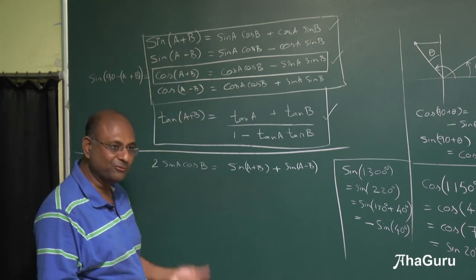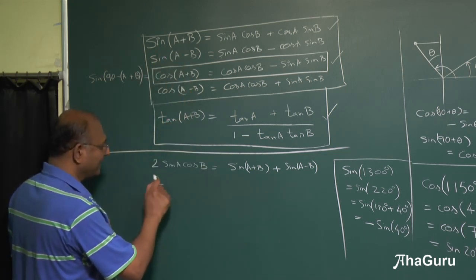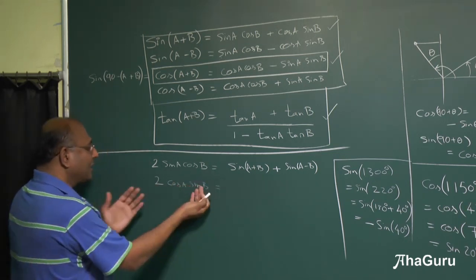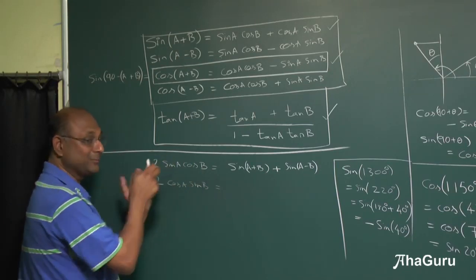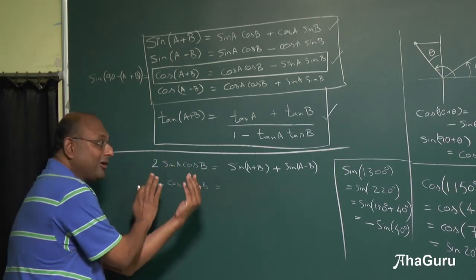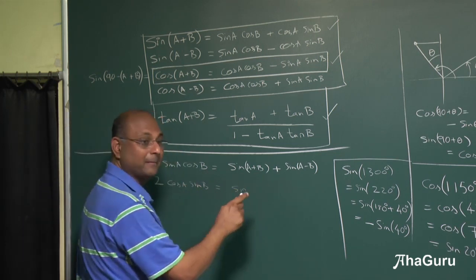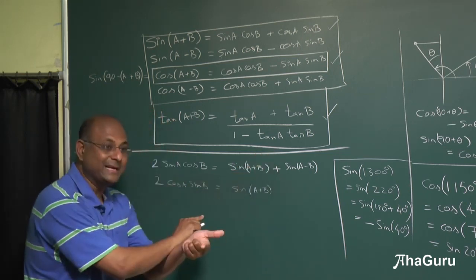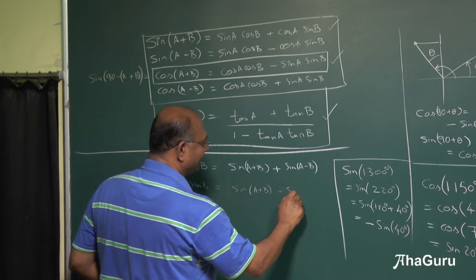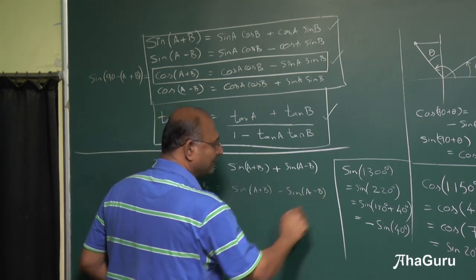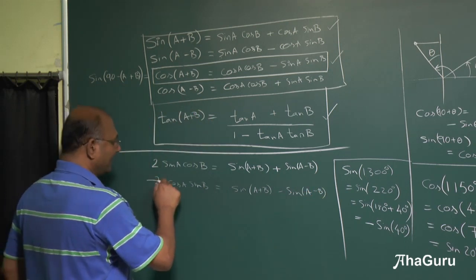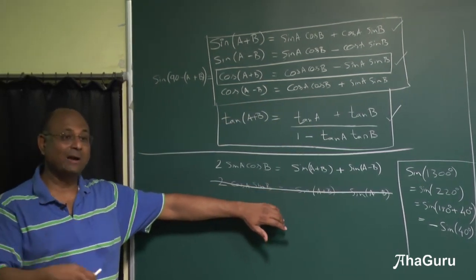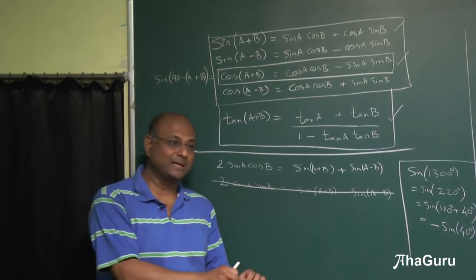The reason I am saying you don't need that formula is you will get this as the formula, 2 cos A sin B. But you could have just thought of it as sin B cos A. How do you know which was supposed to be A and which was supposed to be B? But if it was B cos A, it will be sin of B plus A, which is A plus B, and then plus sin of B minus A, which is minus sin of A minus B, which is what we are going to get. So my suggestion is, while you will learn this as a formula, don't waste your time memorizing this. Because in all actual problems, you will get sine of something, cos of something.